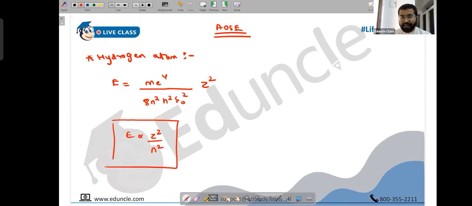Also, energy is directly proportional to mass, and I told you the importance of mass. It should not actually be mass. What should be there instead of mass? Reduced mass. So originally the formula should have mu e raised to 4, and technically there should be a minus sign too. So if you want, you can write the minus sign. Yes Rishita, this is the first slide. So the energy would be minus of x. The technical formula is mu into e raised to 4 upon 8 n square h square epsilon naught square, and then z square. Mu is basically the reduced mass.